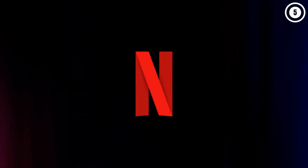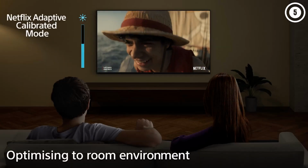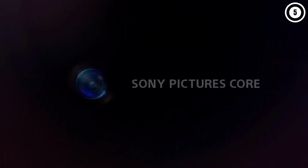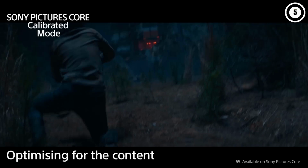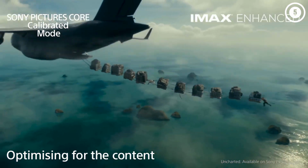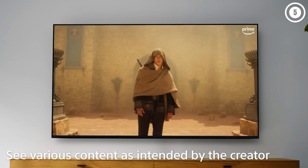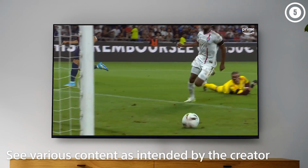It has HDMI 2.1 bandwidth, up to 4K at 120 Hz, and it supports VRR, making it fully compatible with modern consoles. On top of those features, the TV has a quick response time for minimal blur behind fast motion and an incredibly low input lag for a responsive gaming experience. It also has good speakers built in, which is great if you don't currently own a soundbar or a surround sound system. If the BRAVIA 9 is too expensive and you absolutely want a Sony TV, you could opt for